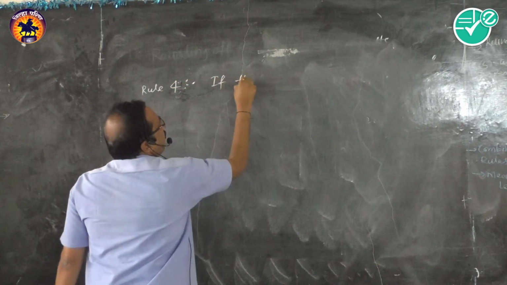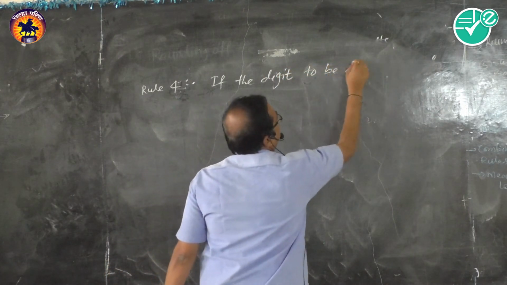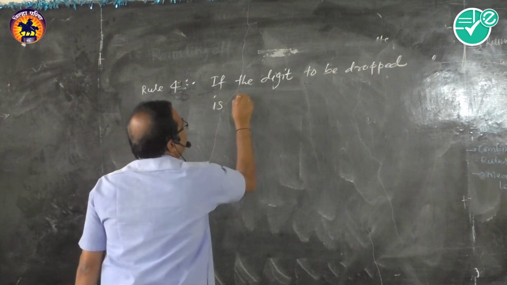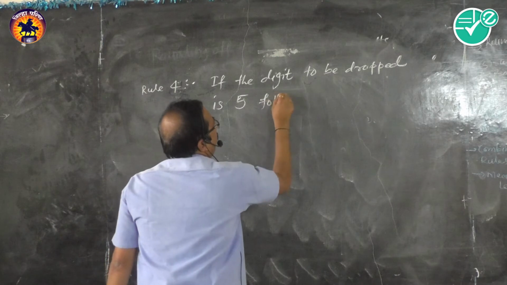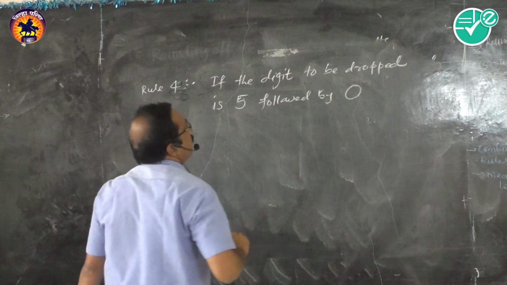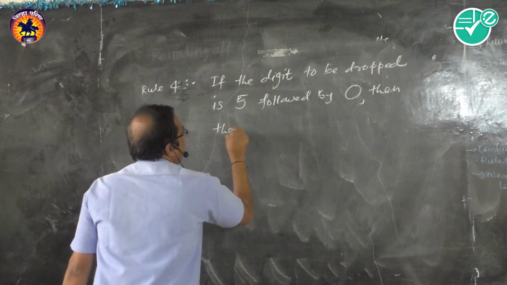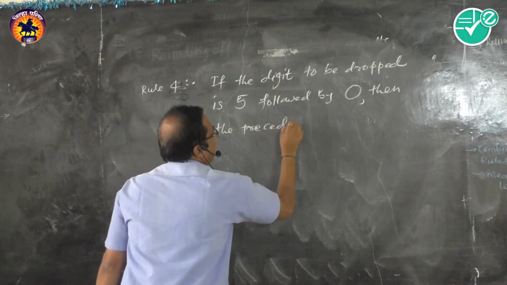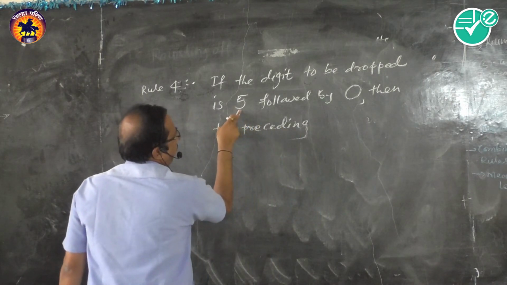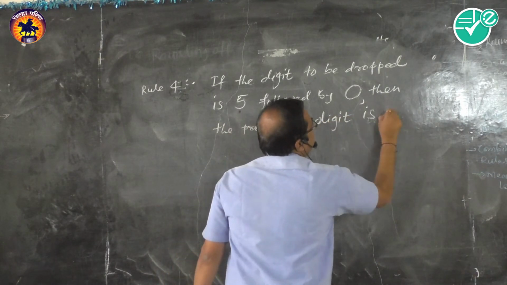If the digit which is to be dropped or to be discarded is 5 followed by 0, then the preceding number, just I told you, preceding number means the number which just occurs before 5. Preceding number or preceding digit is